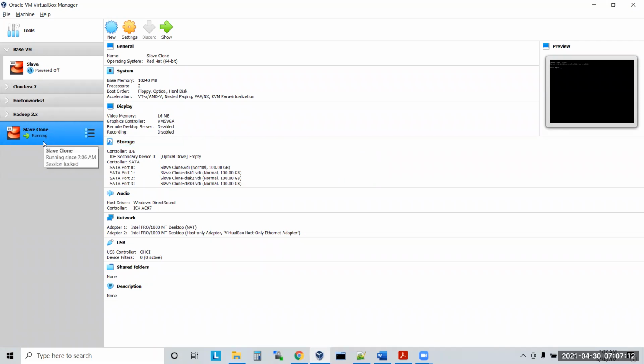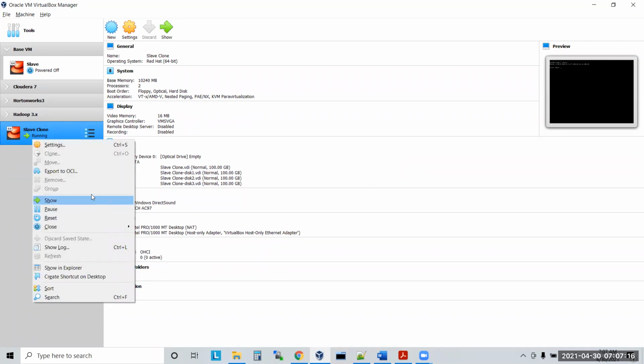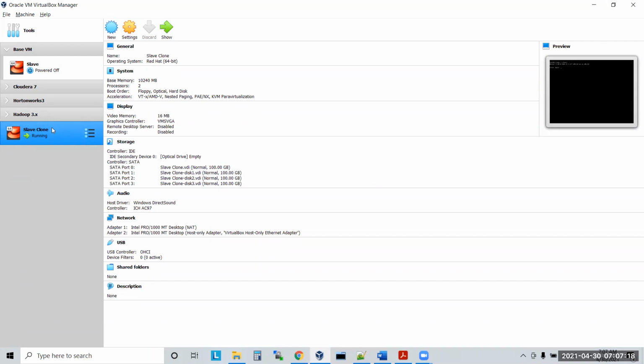But at the end of the day, VM is VM. Whether you start with normal mode, or background mode, or headless mode, or detachable mode, at the end of the day, the VM will start. The only thing is how many icons you are seeing, that is the difference. You understood now?